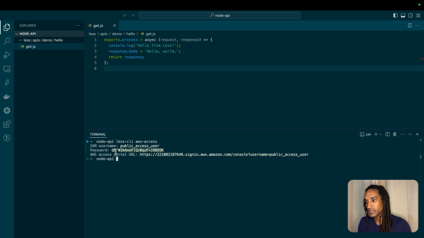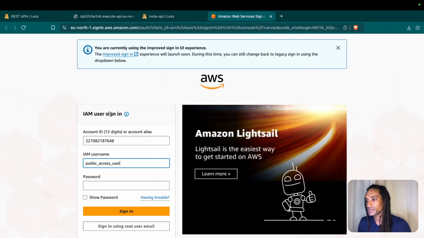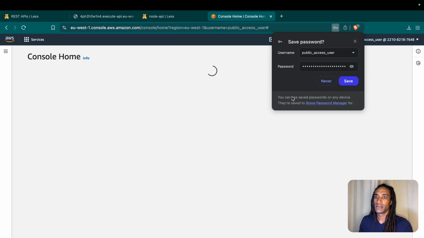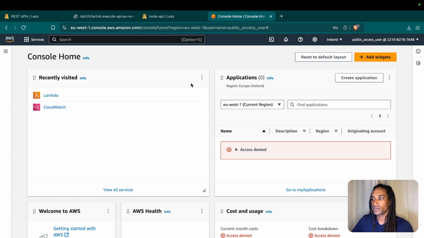paste that. This is my password that was generated, and it has an extra space. Hold on. There we go. Paste my password, and that'll let me get into the console. I don't want to save that. Nope. All right, so in the AWS console, I have an isolated AWS account,